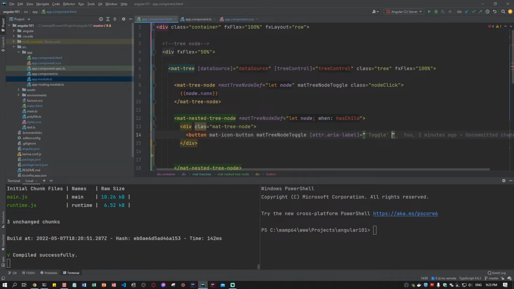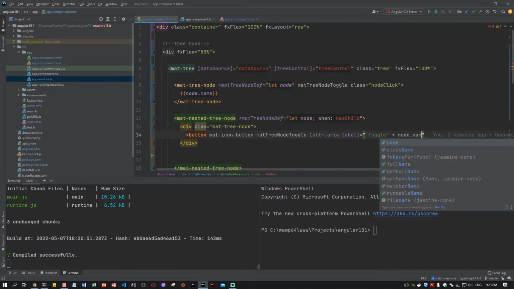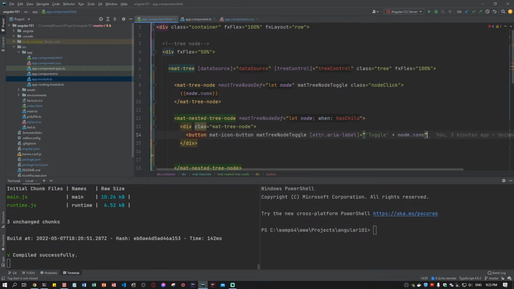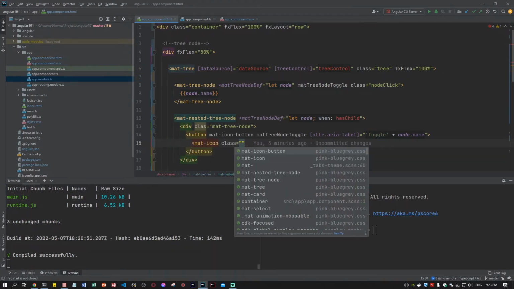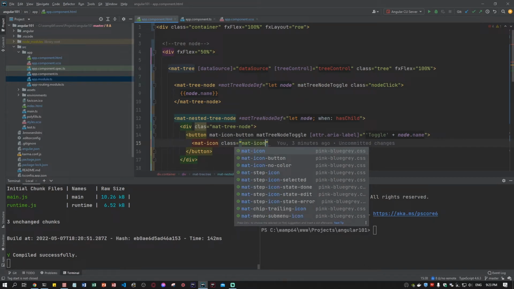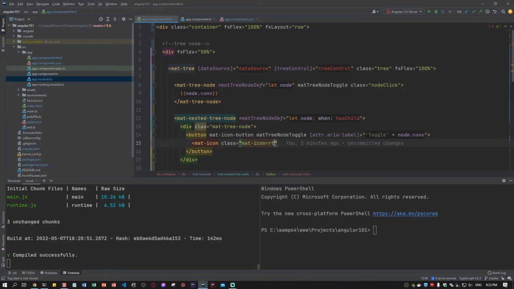We'll close this, plus the node.name. So this is done. So inside of the button we'll also have the mat-icon. So mat-icon, and the class will be mat-icon-rtl-mirror. All right,